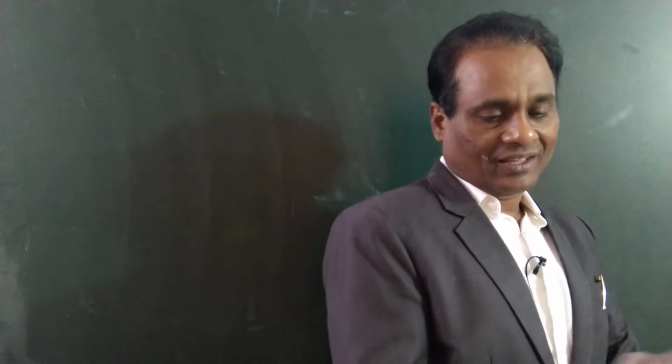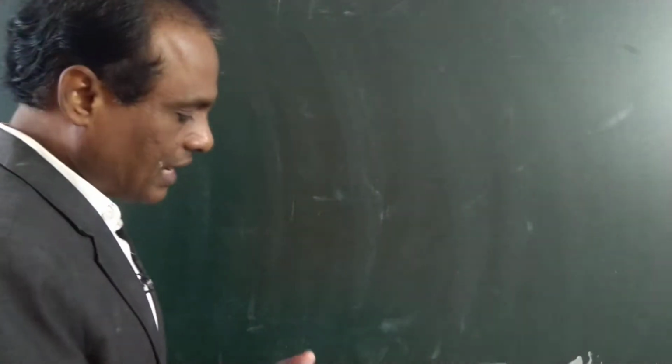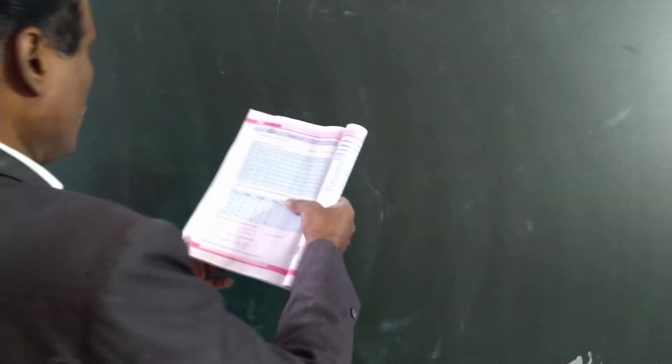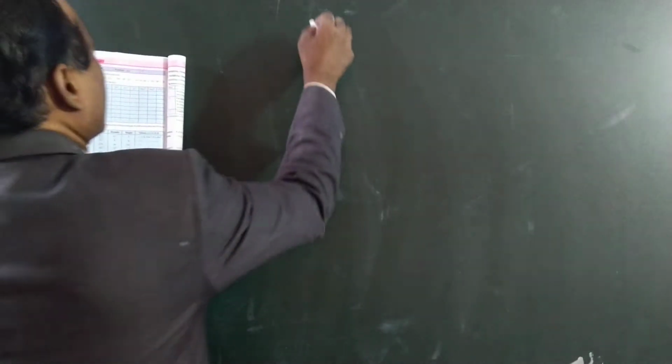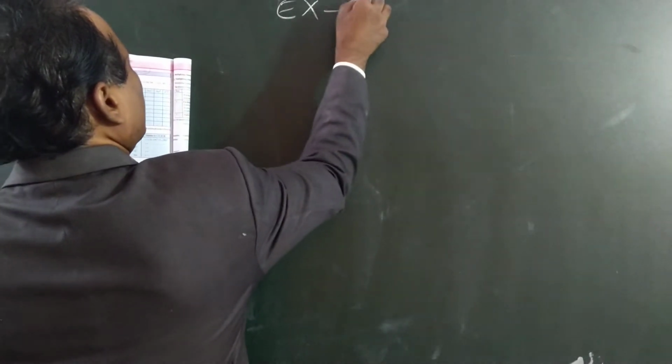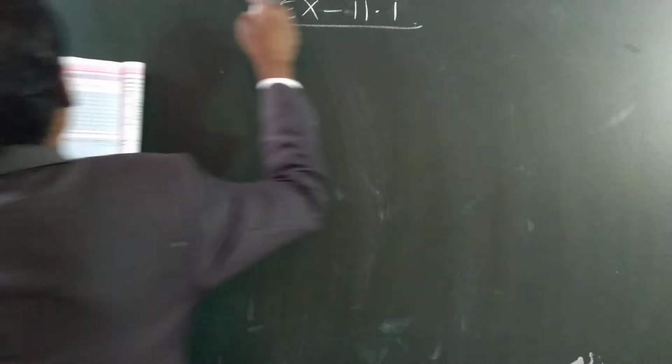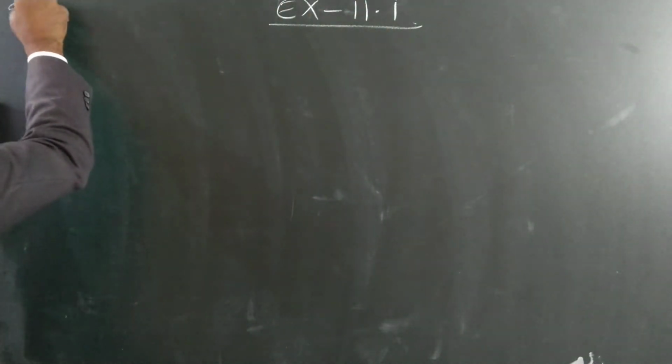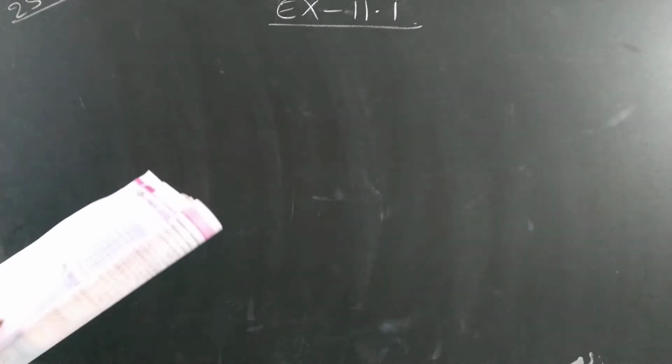Such problems we are doing, and so we started exercise 11.1, and in that we completed 4, and the remaining are also simple. You may have completed it, but once again I will solve. So exercise 11.1, page number 254. Already you may have completed this fifth one, but once again I will do the fifth one.